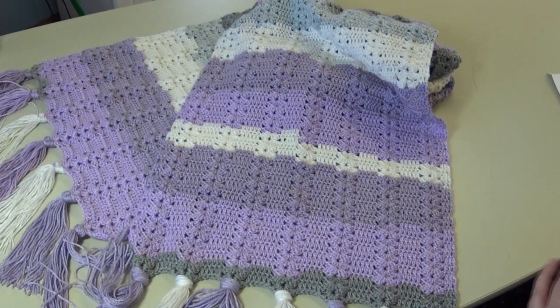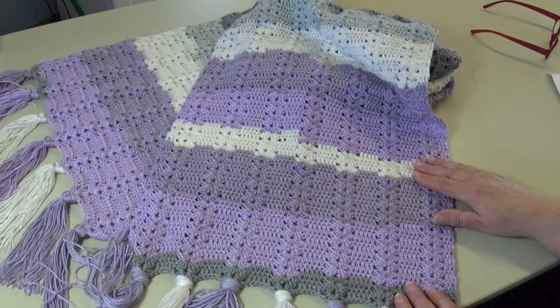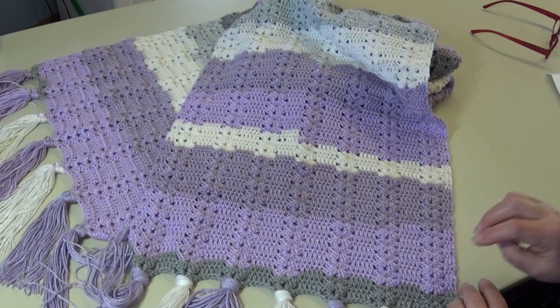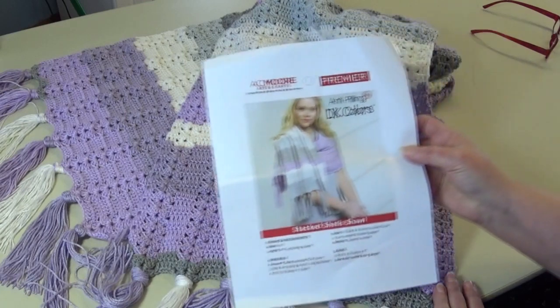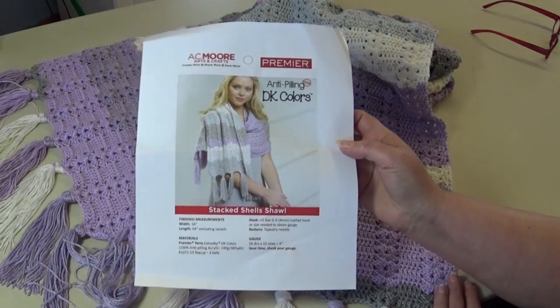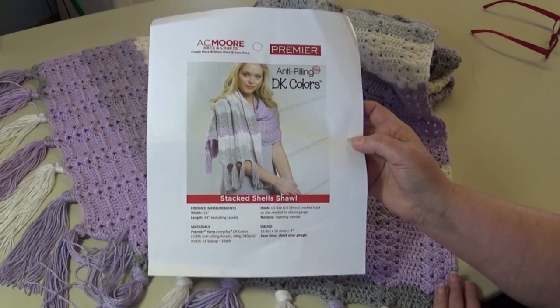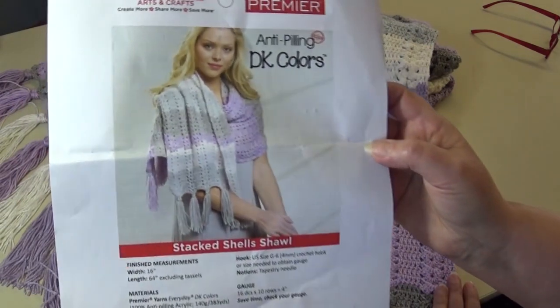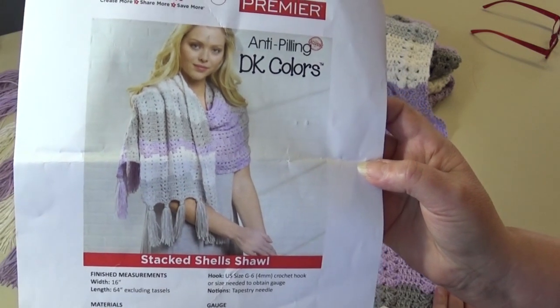And if you are close enough to an AC Moore store, it's wonderful if you can go in and see all the different colors available in this yarn. So this would look pretty in any of the color combinations of the yarn. Again, this is the Anti-Pilling DK Colors Stacked Shell Shawl. Just look for this picture when you get online on either website, and you can find this as a free